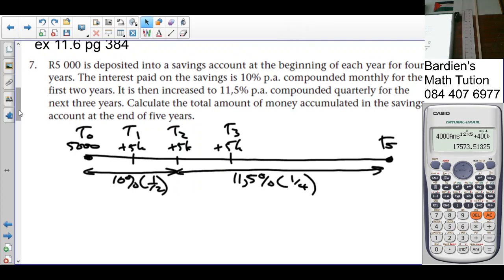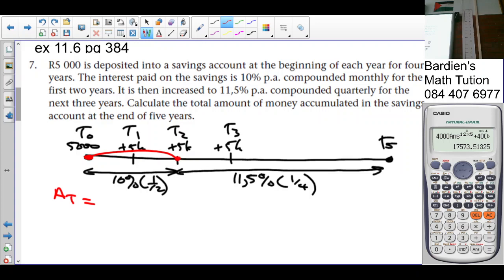Okay. Alright. So what I'm going to do is take a total. I'm going to consider this 5,000 Rand first to that point. Why am I stopping at T2? Change in interest rate. That is why I'm stopping there. So it's a change in interest rate, and then I'll take it to the end. You all agree with that? So what would that be? 5,000